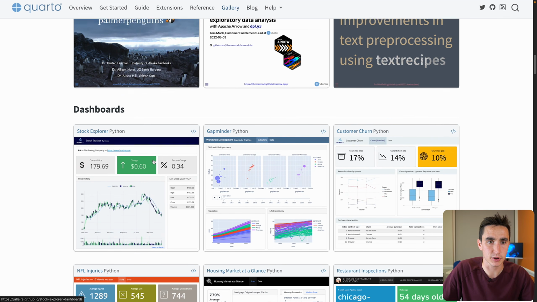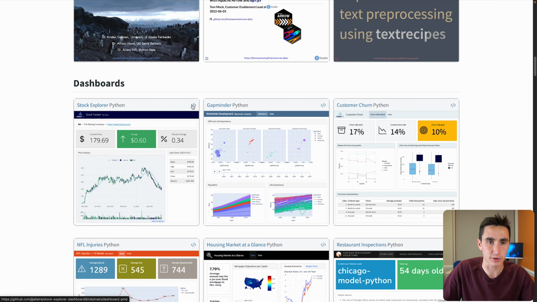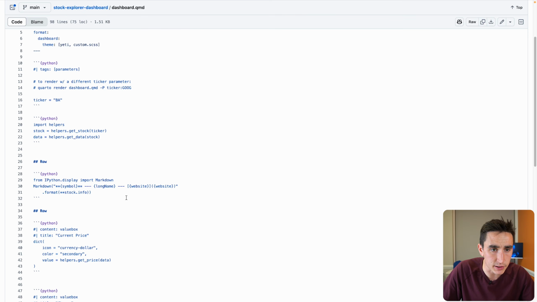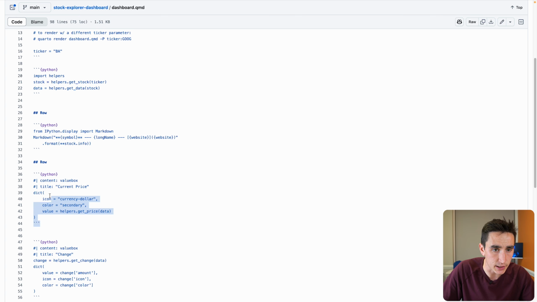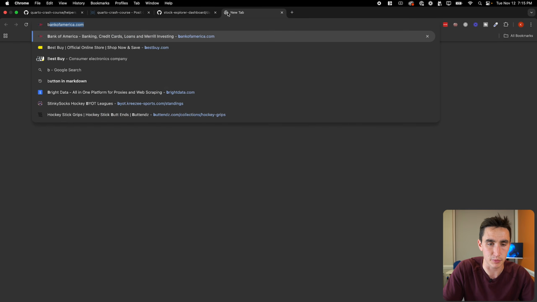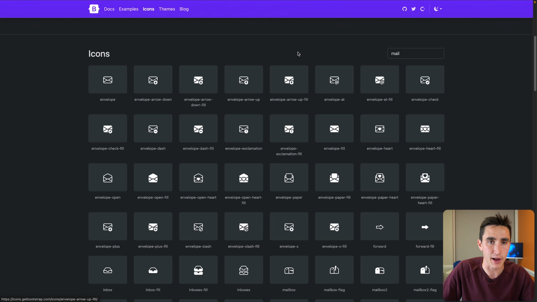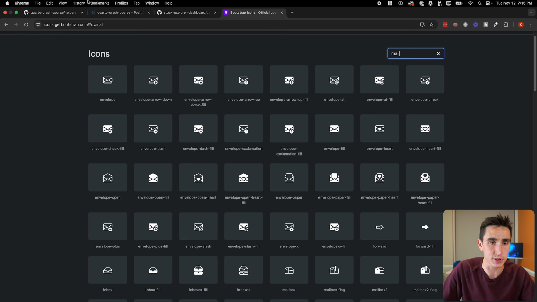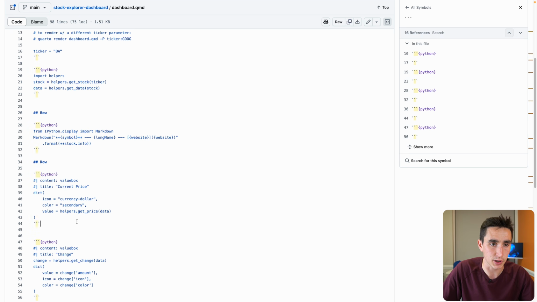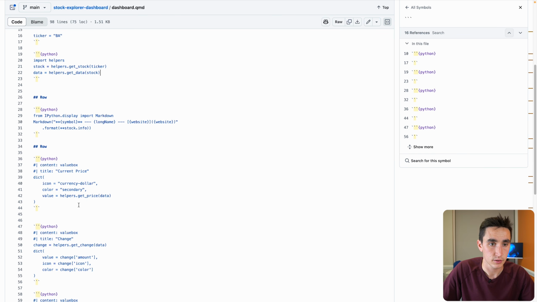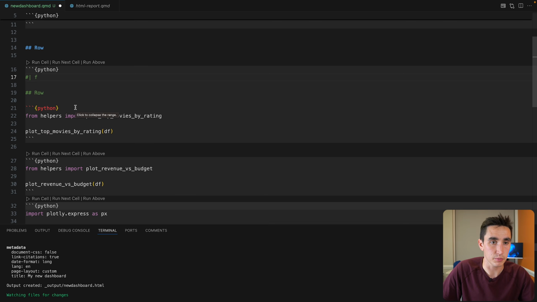So if I go to dashboards, I'm in the gallery right now. If I click on source code, we'll see that it does value boxes like this. So I'm going to just copy one of these. These icons are coming from the Bootstrap icons. So if you look up Bootstrap icons, I'll put this in the description. You have access to all of these different icons. So we'll see that in 1 second. But I want to copy all of this code. And then go back to our dashboard. And I will paste in